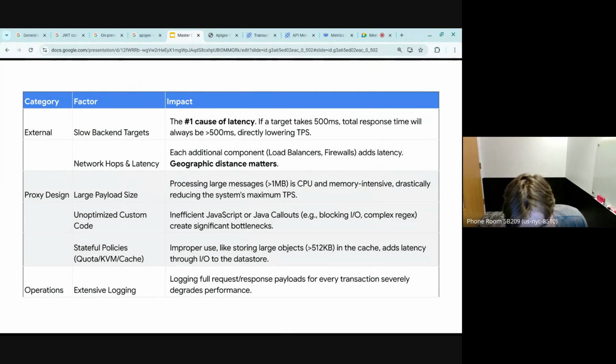Your backend target responds in 500 milliseconds as well. There's not much we can do from that perspective if your backend targets are slow. Those need optimizations at a networking level. So whether it's a VPN or a tunnel, you need to beef up the TPS associated with that, or have different components or install something like Apigee closer to your underlying service set.